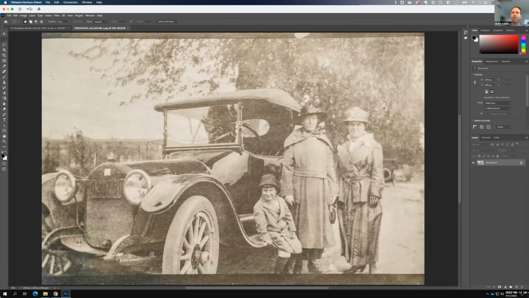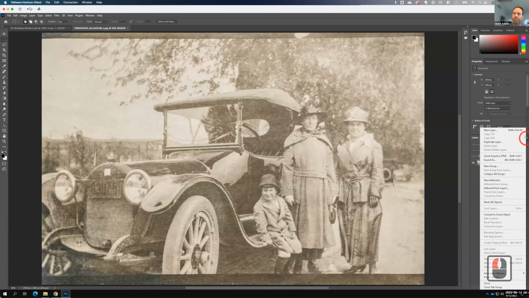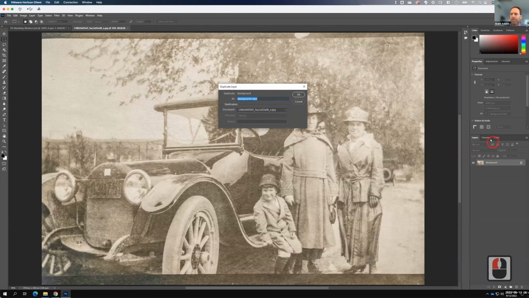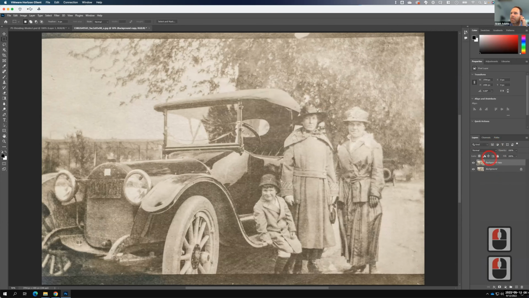And there it is. So let's look at what happens. I have some options here in how I apply it. The first thing that I could do is just duplicate this layer. So with the background layer highlighted, I'm going to go up to these three little lines, and I'll choose Duplicate Layer, which should be right here. Oh, it's right there. Duplicate Layer. And that just creates a copy of the original layer. Right? So we have two copies. Then I could take the copy